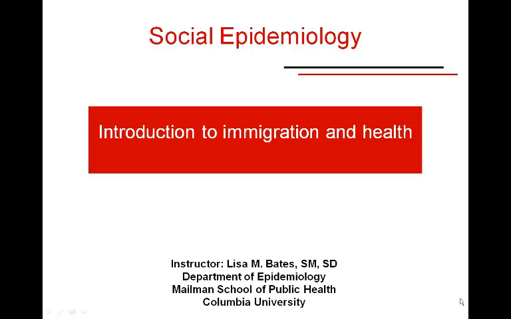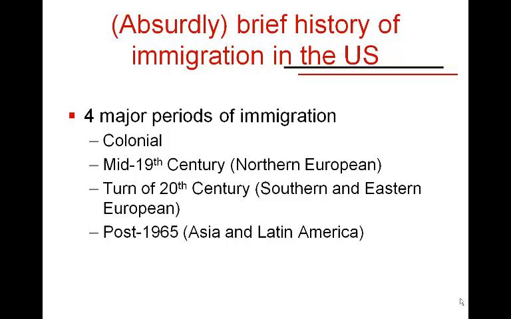This module provides an introductory overview to the topic of immigration and health, beginning with an admittedly absurdly brief history of immigration in the United States. We can characterize the history of immigration in the U.S. in terms of four major periods of relatively voluntary immigration, starting with the colonial period, then the mid-19th century, which was primarily Northern European immigration streams, then the 20th century, with more streams coming from Southern and Eastern European countries, and finally the post-1965 era of immigration, predominantly consisting of immigrants from Asia and Latin